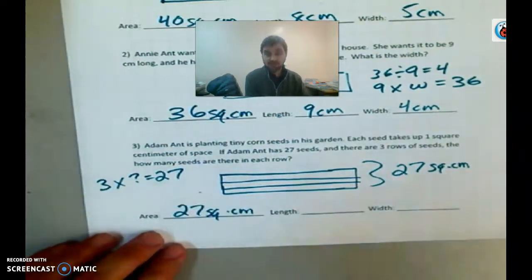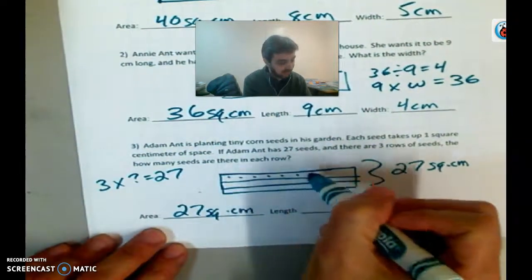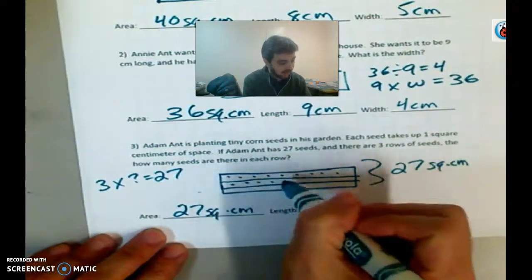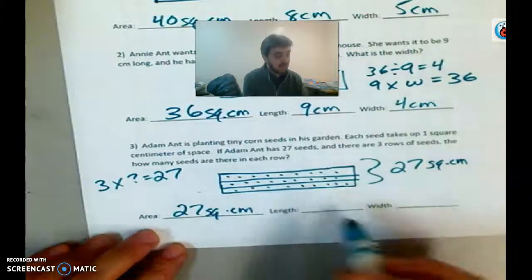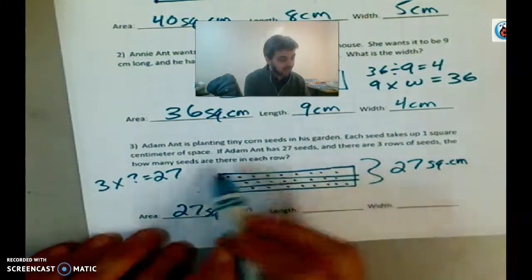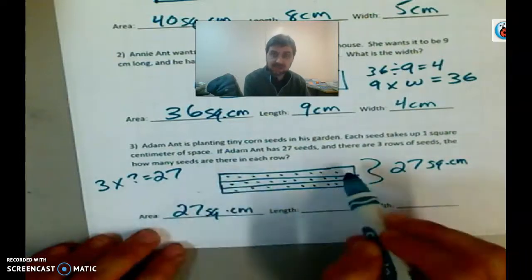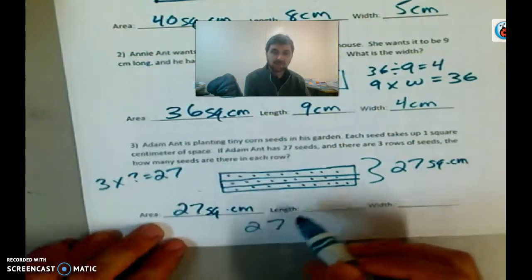Well, if you know that 3 times 9 is 27, 1, 2, 3, 4, 5, 6, 7, 8, 9. So there's 9 seeds in each row. Or you could have thought if there's 27 seeds and they're broken up into 3 rows, that's 27 divided